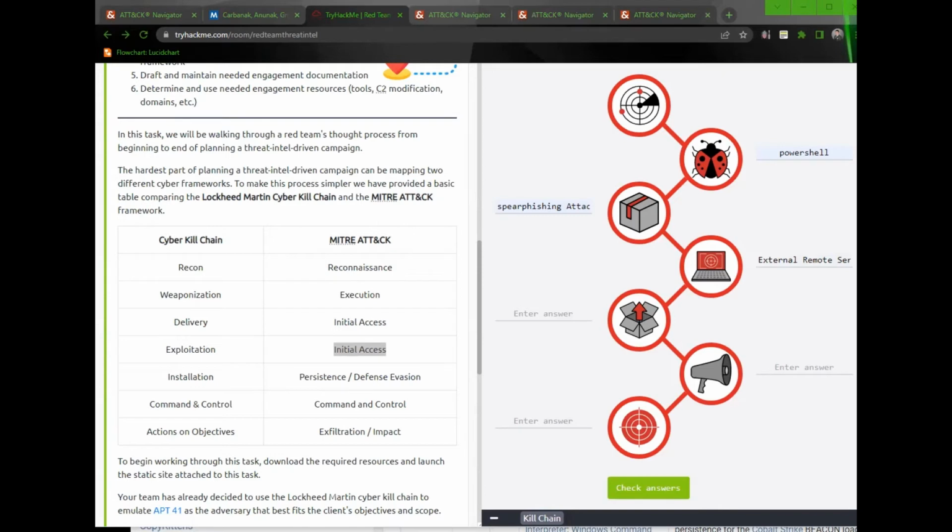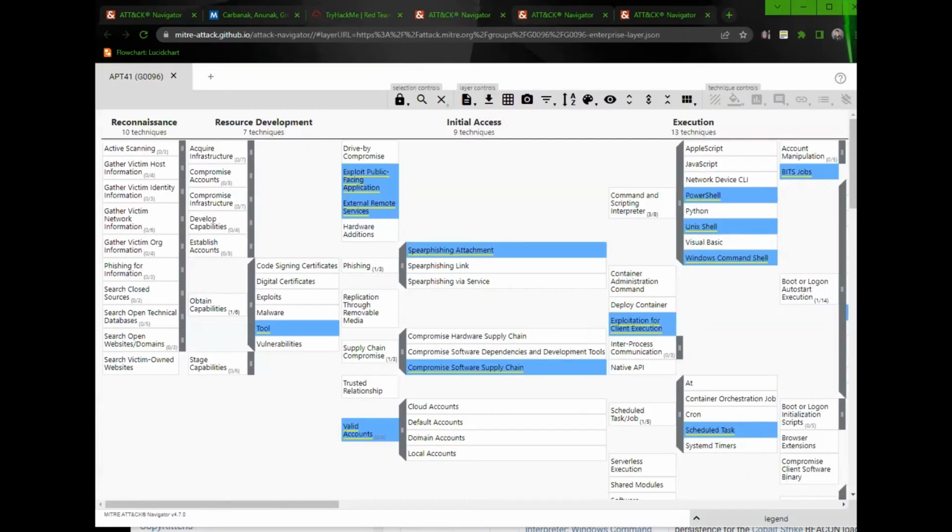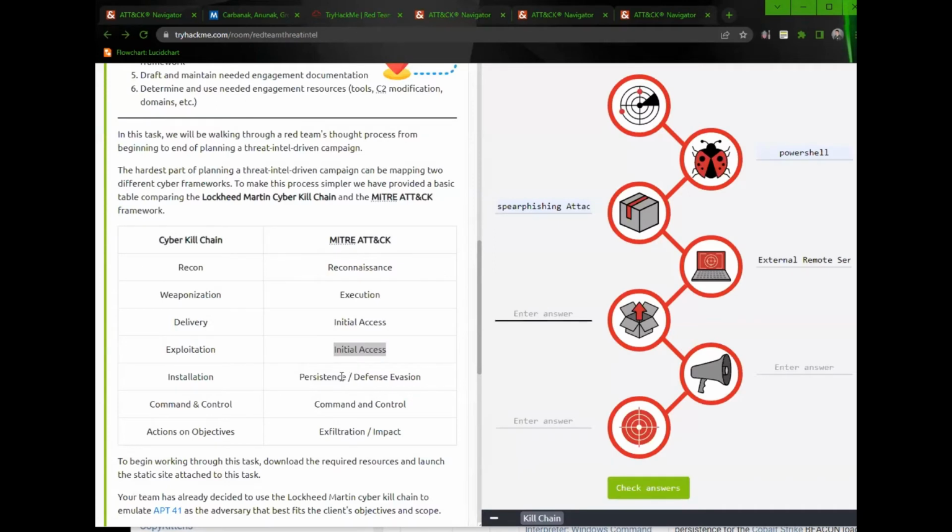So external remote services can help take advantage of vulnerabilities and laterally move to other targets. Next is going to be the installation phase. According to what we see here, they utilize BITS jobs. So if we go to the equivalent of the installation phase, persistence